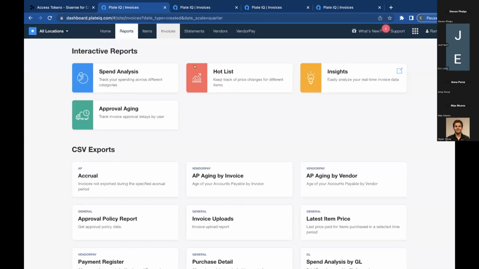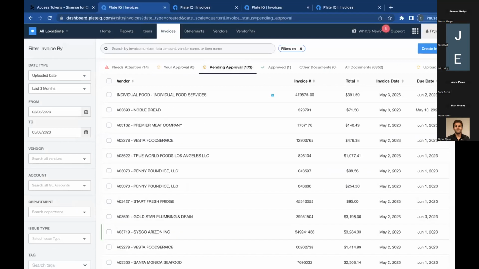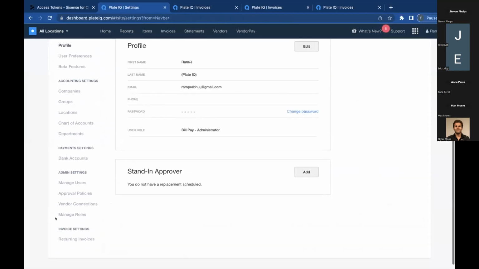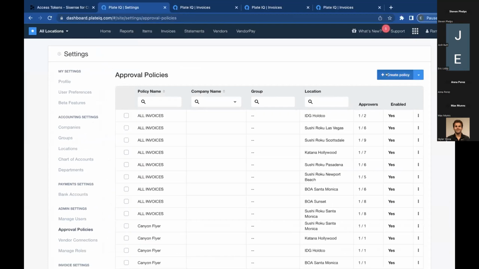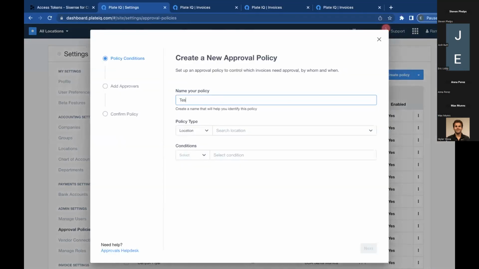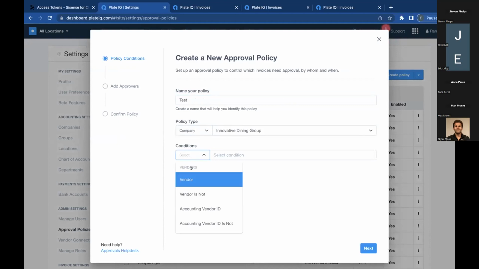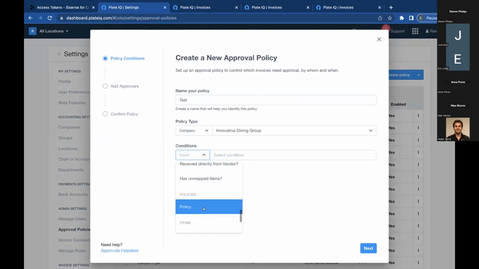But how we set up these approval policies is very powerful. So we can set them off of a number of conditions like the different properties or locations you have, or groups, or as a company as a whole. We also can create the conditions off of specific things like vendors, totals, less than, more than, departments, general ledger codes, flags upon upload, or any other policy that